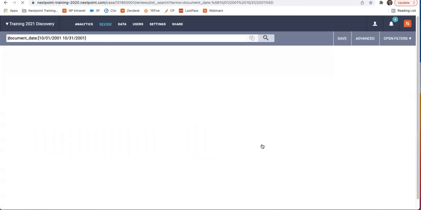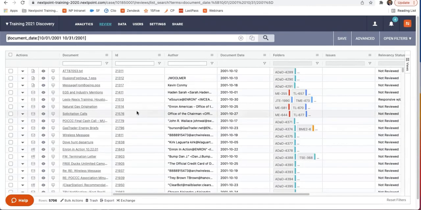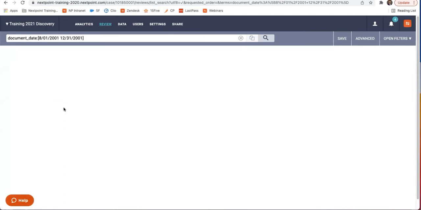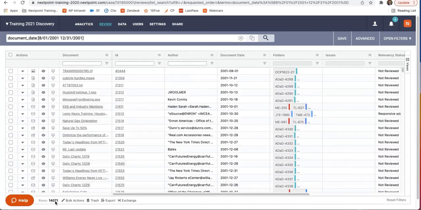And so you can go ahead and say, all right, here's the month of the incident, and it builds out that search syntax for you. Once you click into it, the document date range is from the beginning of October to the end of October. And I can go ahead and edit this search syntax to say, okay, let me go 2 months prior, August, to the end of December. And instead of having 5,708 results, we now have